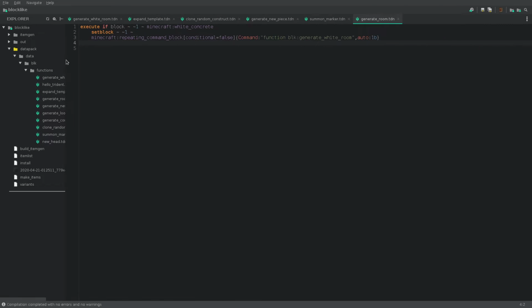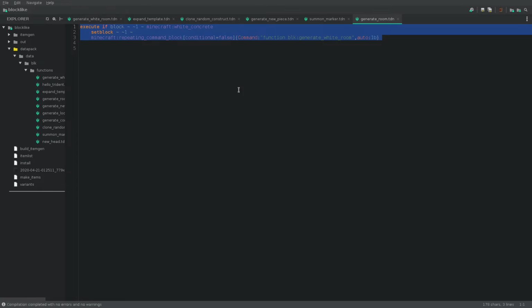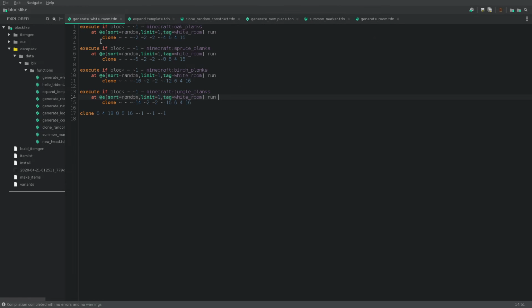Generate room. So currently it only takes white rooms because I don't have any other type of room, but this could take anything. So execute if the block above is a white concrete block. If it is, then we set the block above to a command block that runs generate white room. And of course I could just copy this a bunch of times for different colors. And then generate white room will also execute if oak planks, spruce planks, birch planks, whatever. So depending on what kind of planks are above it,